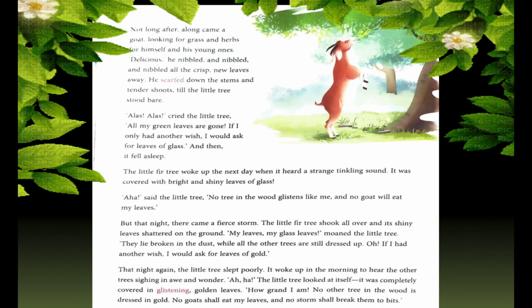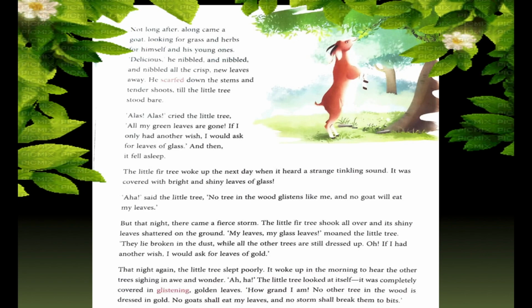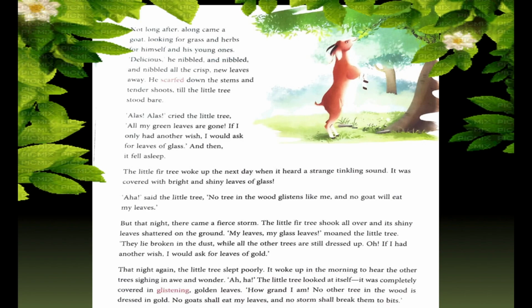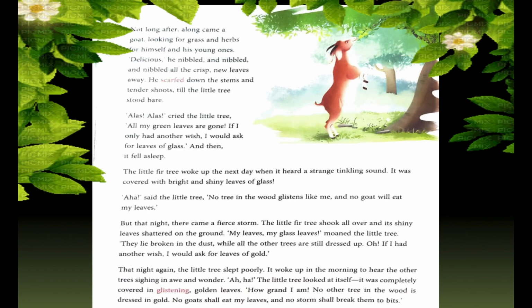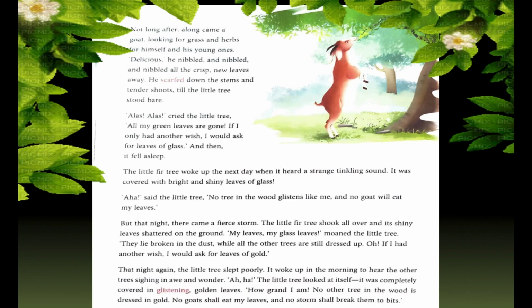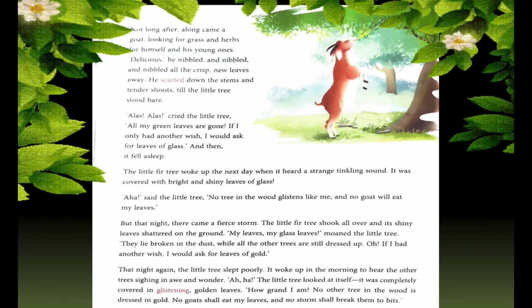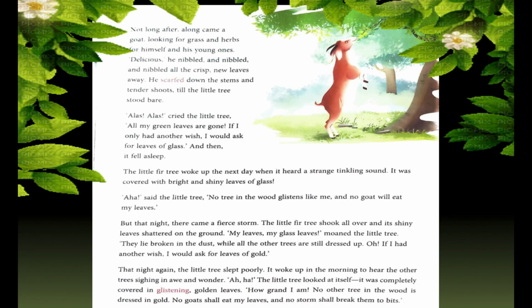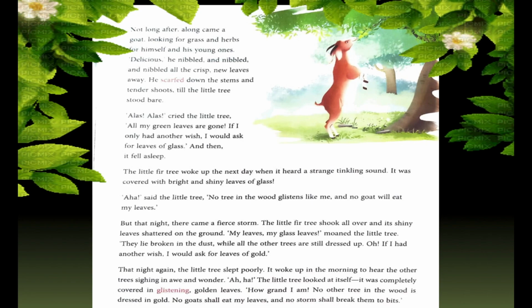The little fir tree shook all over, and its shiny leaves shattered on the ground. "My leaves! My glass leaves!" moaned the little tree. "They lie broken in the dust, while all the other trees are still dressed up. Oh, if I had another wish, I could ask for leaves of gold."